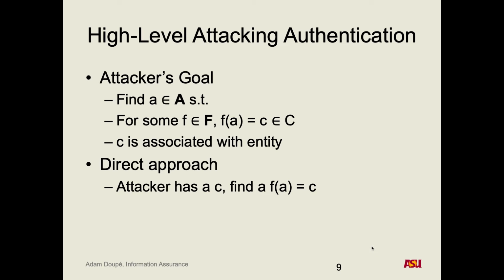Now, if this f is a true cryptographic hash function, what does that mean if you have C? Preimage resistance, so it's pretty much impossible to get A. Yeah, you would have to brute force all possible 2 to the whatever the strength of the hash function is, 2 to the 256 possible passwords, to find one that maps to the same value. What would you rather brute force instead?